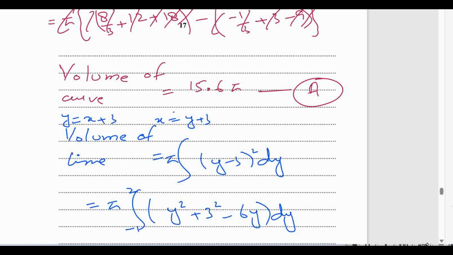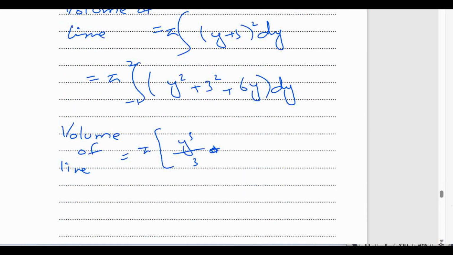So this should be plus, and this should be plus. So if we integrate it, this will be plus 6y squared by 2 plus 9y, और फिर आप इसमें -1 से 2 लिमिट्स अगर पुट करेंगे तो इसका आंसर आएगा 39 पाई,